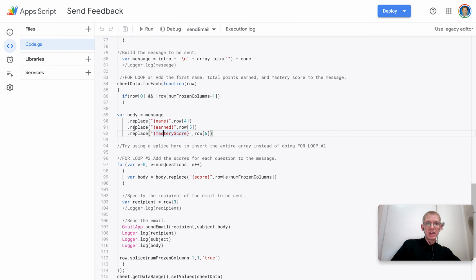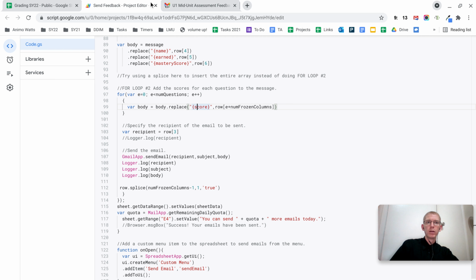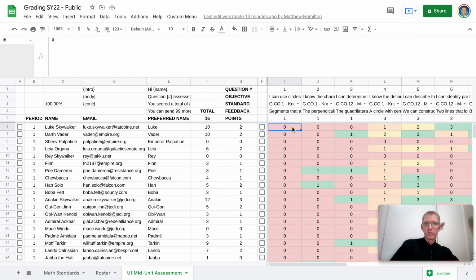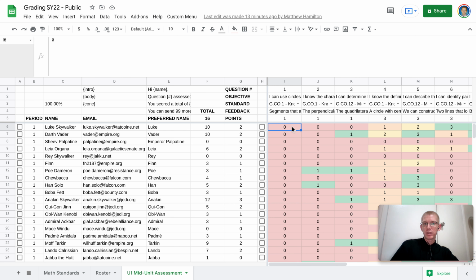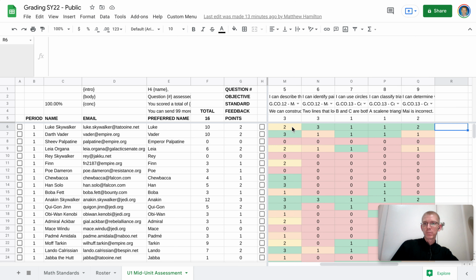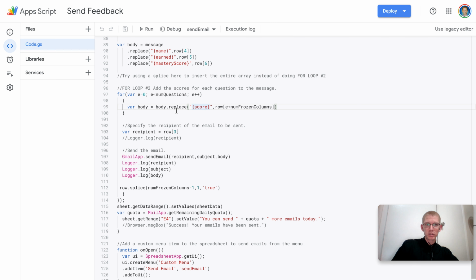And then within that, there's a second for loop that's going to pull their scores for each question. Okay, so what this is going to do is it's going to take all of these datas, all of this information, and it's going to go through the message template that we've added, and it's going to start replacing all of those values. Okay? So at the end of it, after all of these scores have been replaced,